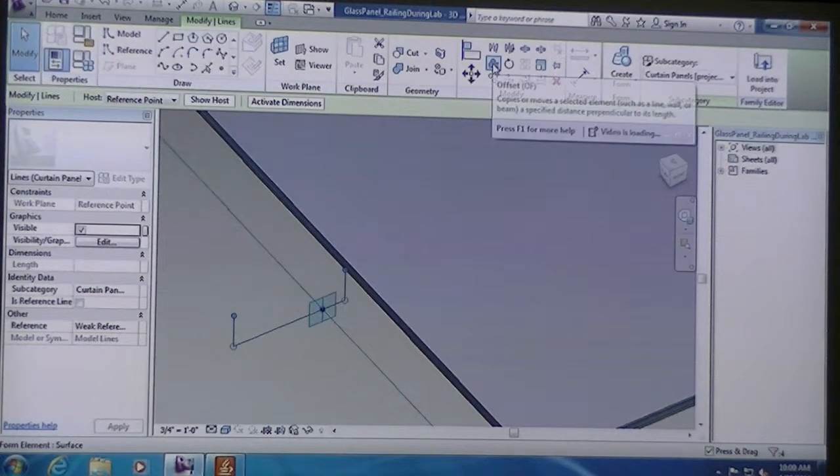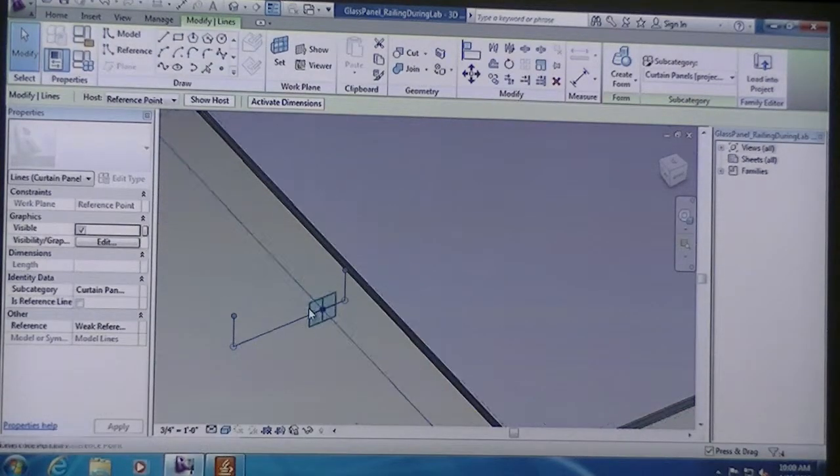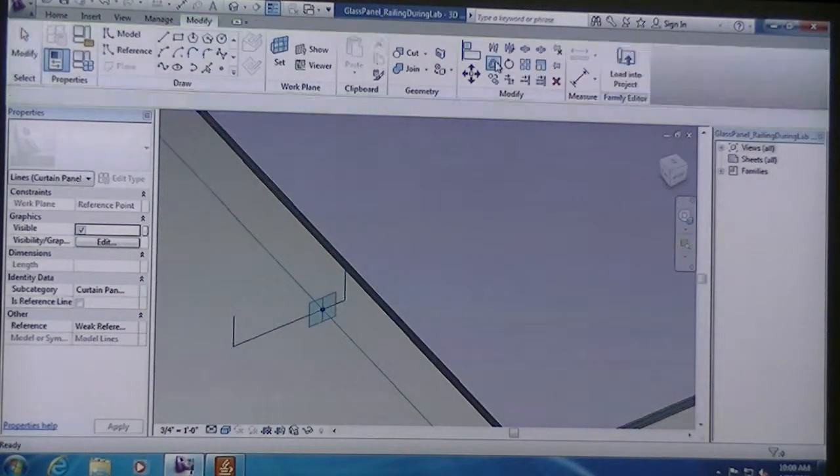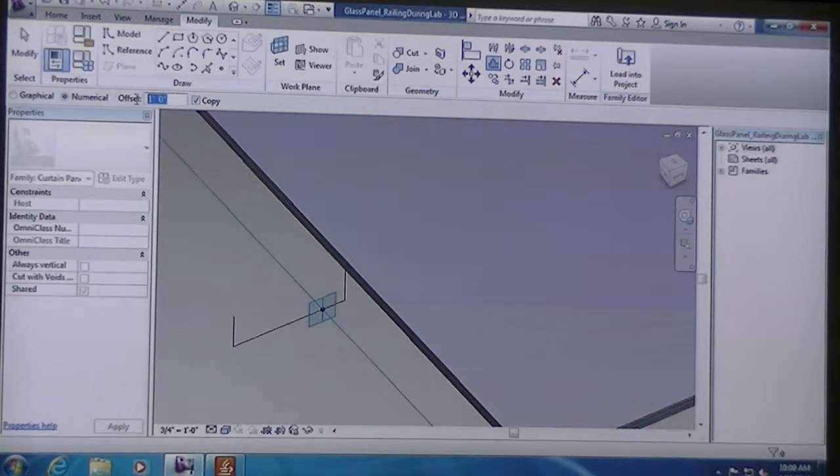And then I'm going to hit the offset. Because I've been drawing on this 2D plane, and all of these lines are actually 2 dimensions on that plane, I can use the modify offset command. And I'm going to offset, let's do 0.375, which is 3/8 of an inch. Make sure copy is selected. And then I'm going to offset towards the inner and top